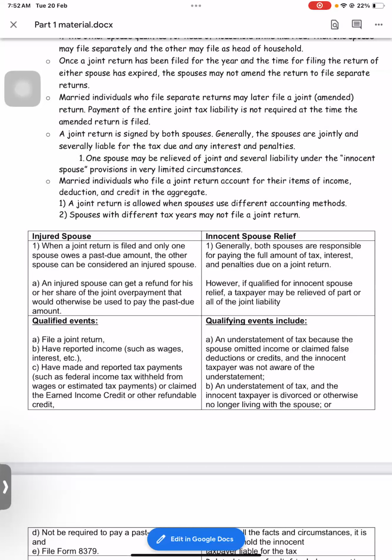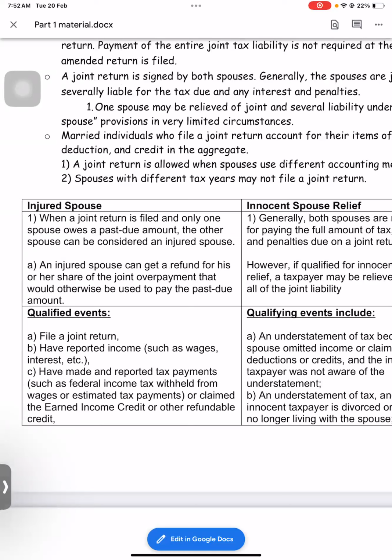Got it, guys? So when a joint return is filed and only one spouse owes a past due amount, the other spouse can be considered as an injured spouse. Now the injured spouse can get the refund of his or her share if both are paying the extra